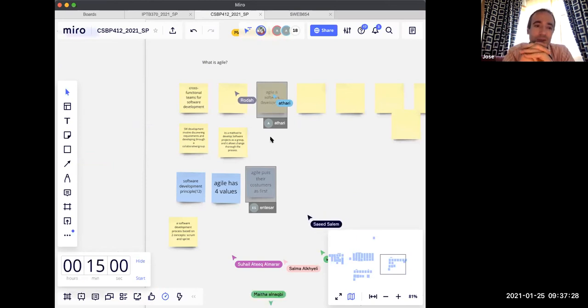You can do this with post-its, arrows, or however you want. You can paste pictures here as well. Sounds good, right? The best team gets a bonus point.